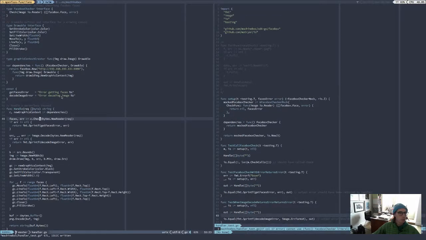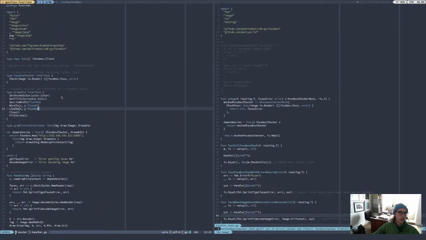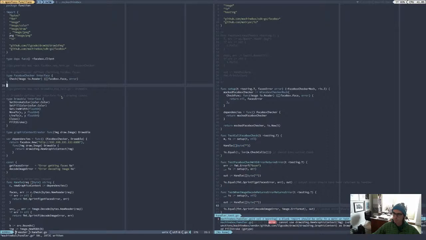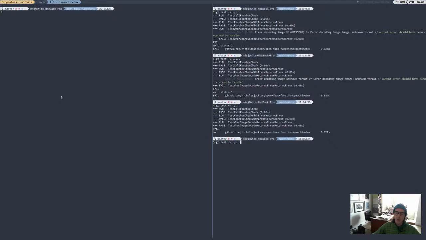Okay, so next thing I need to do is create my mock for my drawable interface. And again, I'm using mock, so I can just quickly use that. This is going to be drawable. I'm going to put this as drawable mock.test, save that out into that file. And let's go generate our